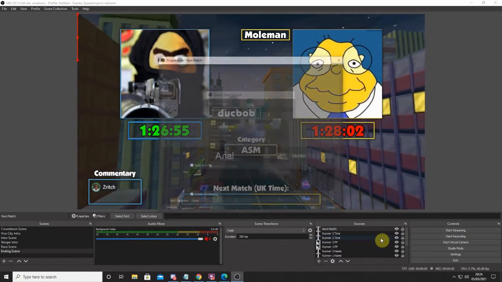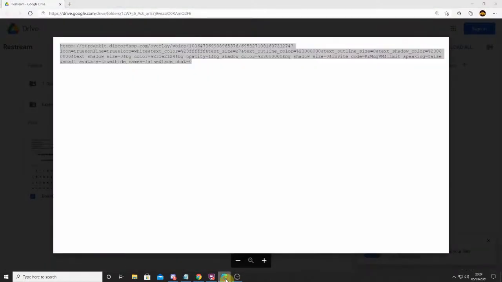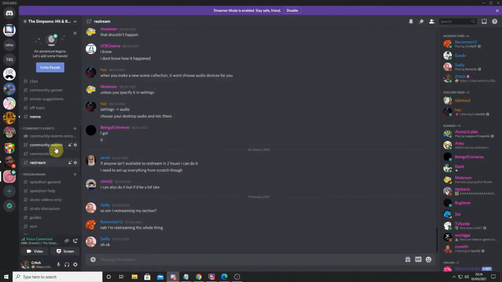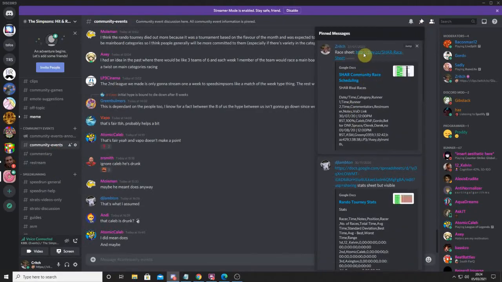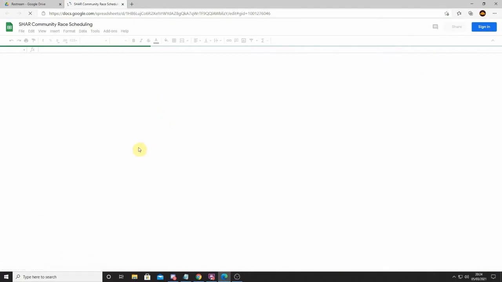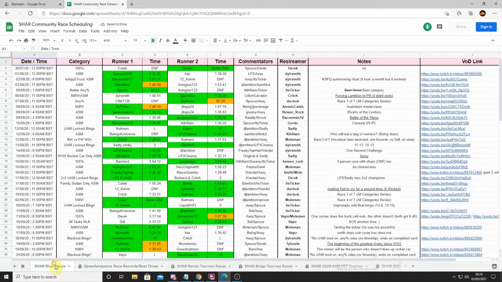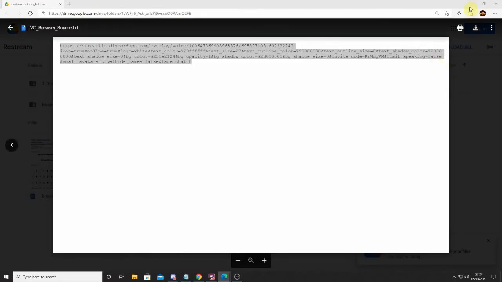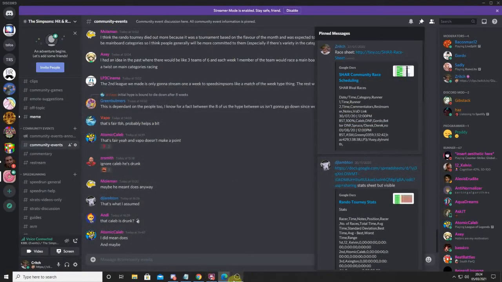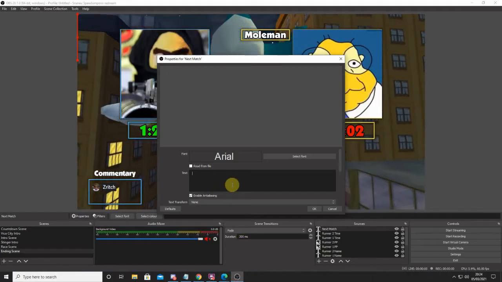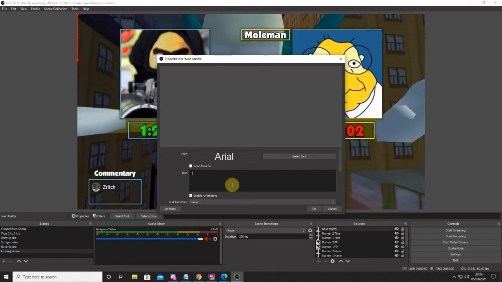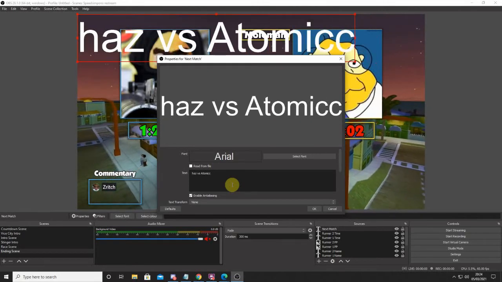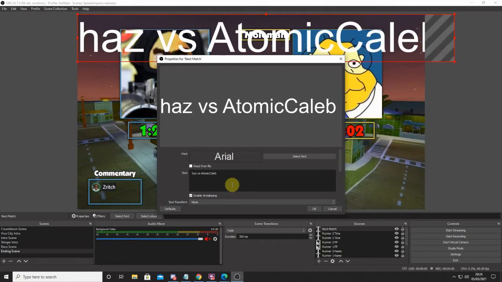next match. What is the next match? I'm going to go find it quick. Where are we? Discord, community events, race sheet. Next race is Has versus Atomic Caleb. So I'm just going to put that to the side of my other monitor. Next race is Has versus Atomic Caleb